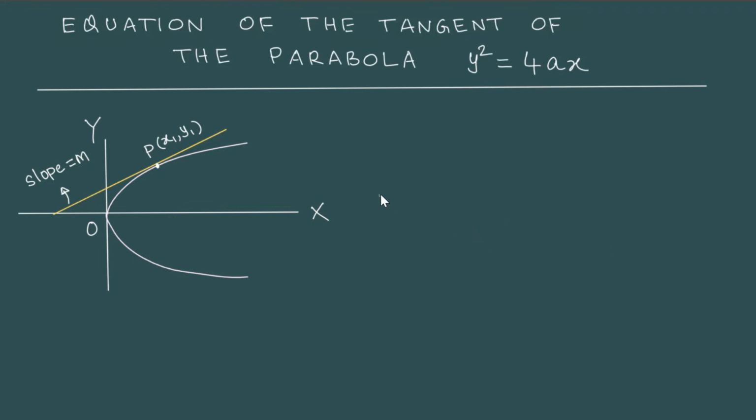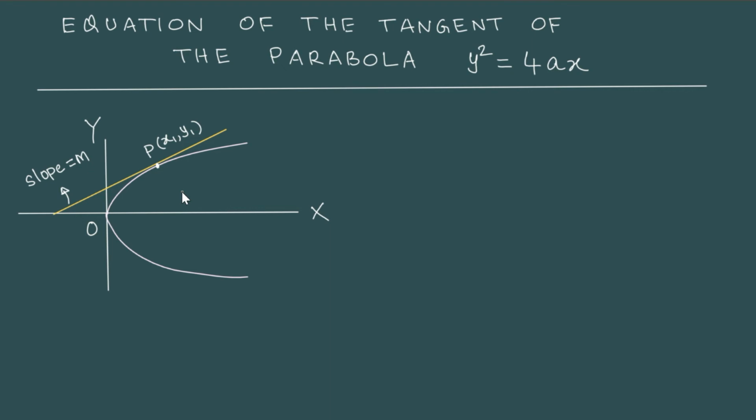Hello students. In this lesson, we want to find the equation of the tangent of the parabola. Here we are using a standard parabola. The tangent is drawn at this point P with coordinates x1, y1, and m is the slope of this tangent line. Now, to get the equation of this tangent, first we will try to get the equation of a